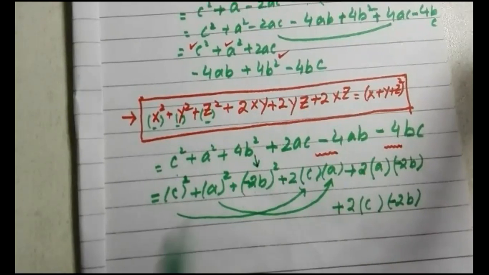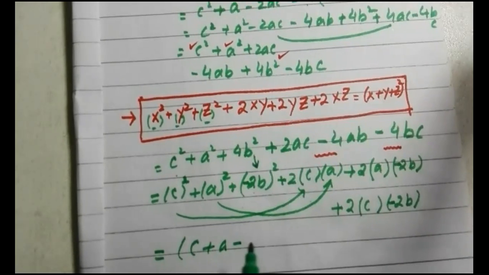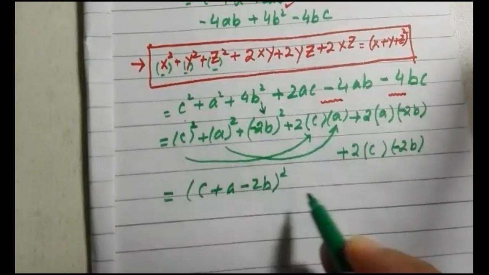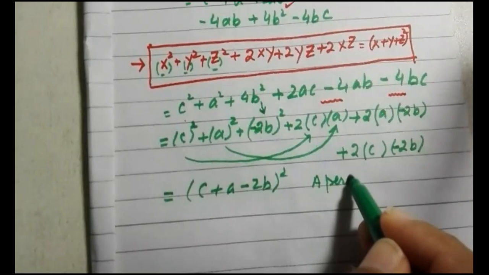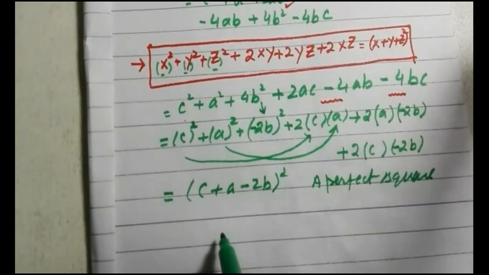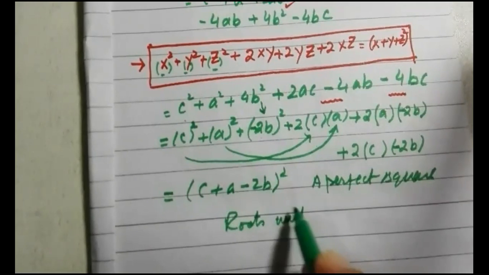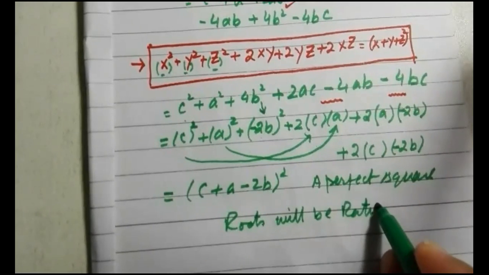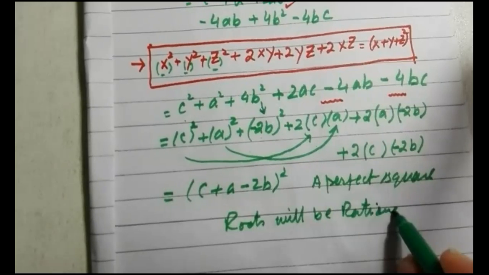But you will write the whole square of the first, second, and third terms because of this formula, because we have arranged the terms according to this one. So the whole expression will become a perfect square, and at the end you will write that because it is a perfect square, the roots will be real and rational, and this will finish the question. Let me finish first. Rational stands for real ones.